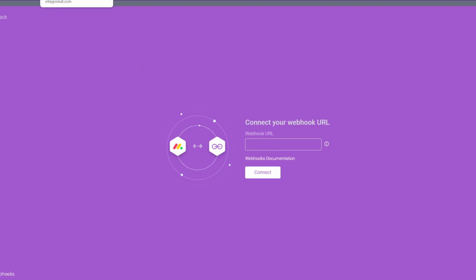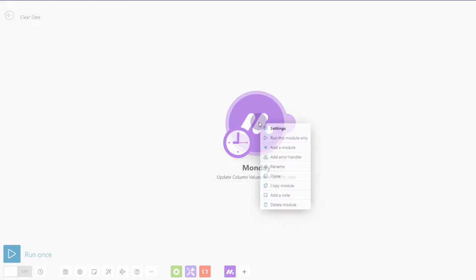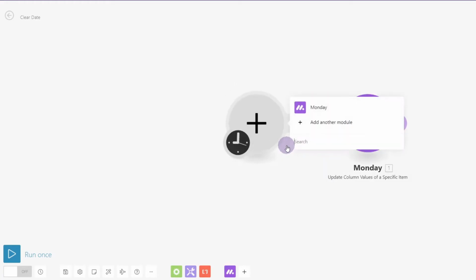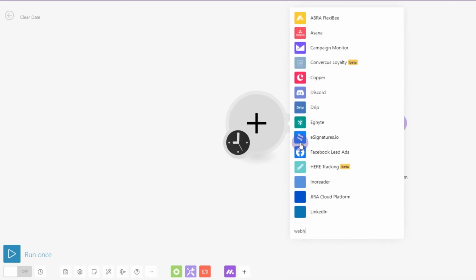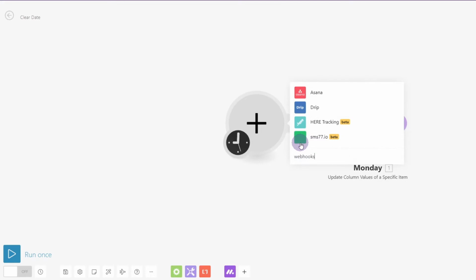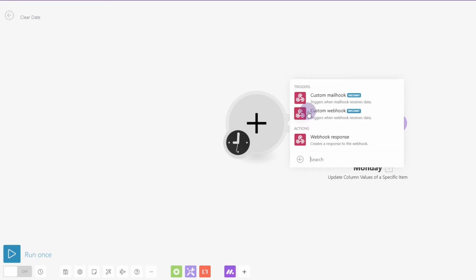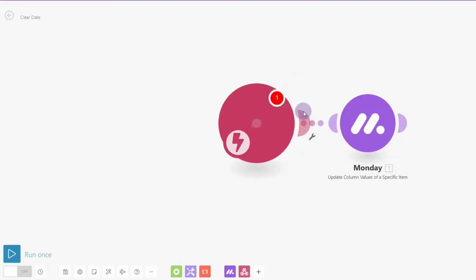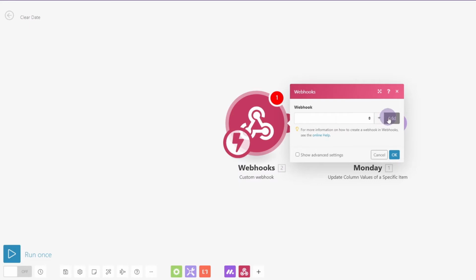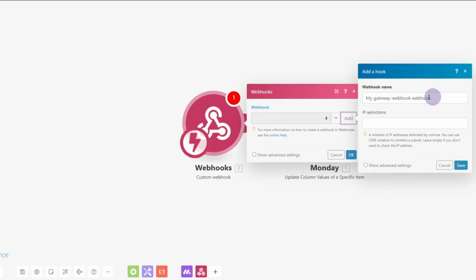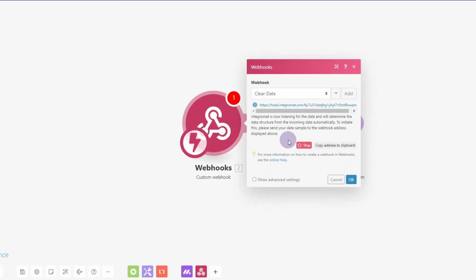So we're going to go back to Integromat, right click, add a module, and we're going to look for webhooks. If you type webhooks with an S, it'll bring up a short list, and we want this one right here. We're going to choose custom webhook. Now we're going to add, and this webhook name we probably want to be somewhat relevant. So we're going to say clear date, and the IP restrictions we don't need. We're going to hit save. Now it's listening